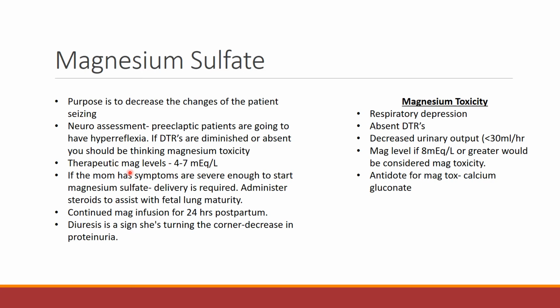So moms that are on MAG, there are also special protocols because they feel a little sleepy and tired with the magnesium. They can't be left alone in the room with the baby or the infant. So a family member or partner has to be with them. There shouldn't be any bed sharing anyways, but especially no bed sharing with a mom that's on magnesium, because they're so sleepy and tired,